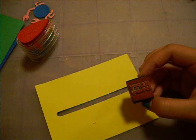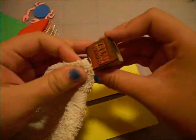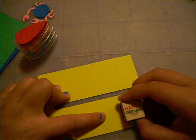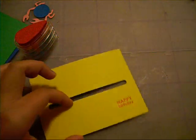Well, it might not take it away totally, but it definitely will help. Okay, so basically what I do is I just have a little towel that I keep in my stamp bin, and I just wipe that off. Okay? I'm going to stamp this right down here. And see, it totally eliminated that extra line, because I guarantee that if I would have not done that, here's